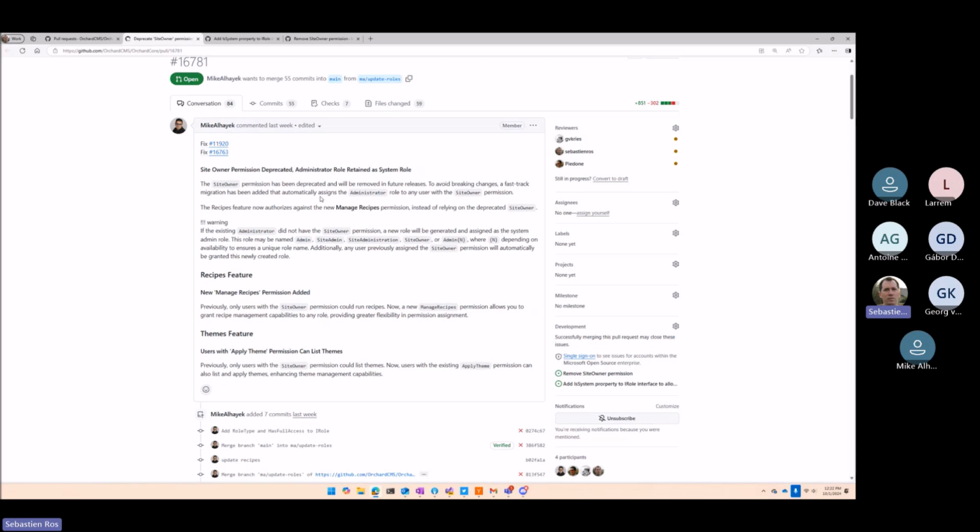So we don't have to migrate users to this permission because we don't know if they have the manage recipes permission. Before they were using SiteOwner. Yeah. So all the new websites should have manage recipes disabled by default. If the existing administrator did not have the SiteOwner permission,